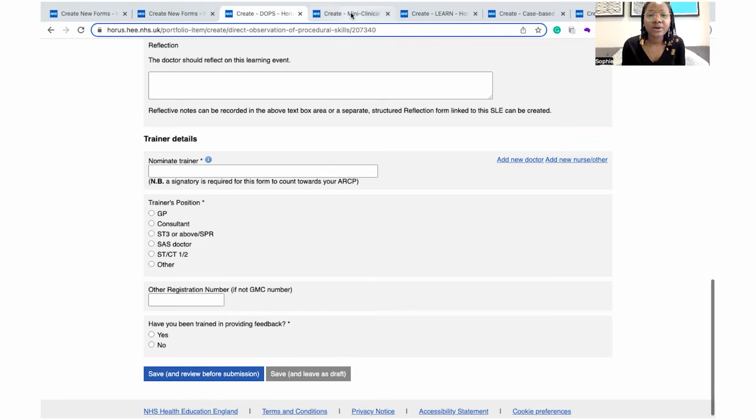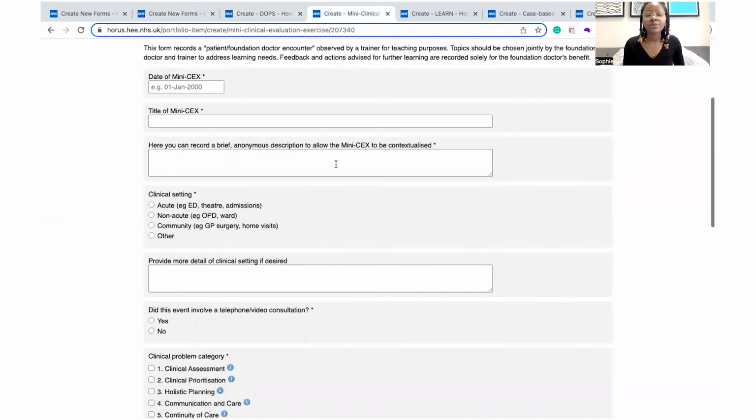Now moving on to mini CACs. So mini CACs basically is a mini clinical examination. So here you should have actually examined the patient. So while in your DOPS you're doing clinical procedures, in a mini CACs you're doing an examination. So that could be